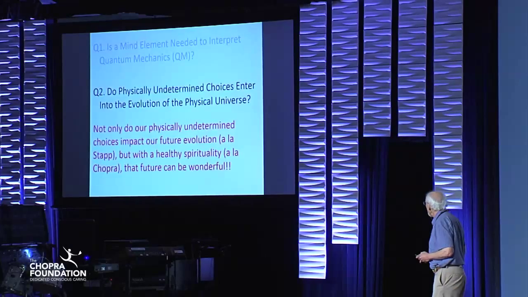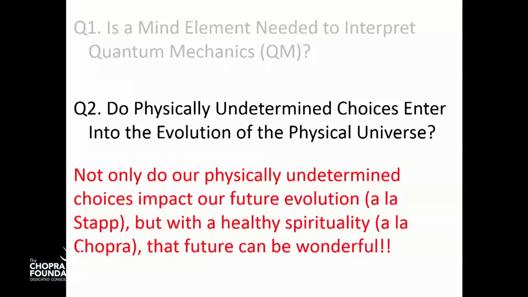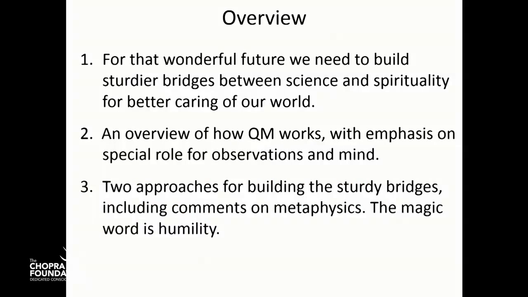The second question is, do physically undetermined choices enter into the evolution of the physical universe? Not only do our physically undetermined choices impact our future evolution, and Henry Stapp is a leader in showing how mind can affect volition, how human volition can be connected to quantum mechanics, but with a healthy spirituality, a la Deepak, that future can be wonderful. So for that wonderful future, we need to build sturdier bridges between science and spirituality for better caring